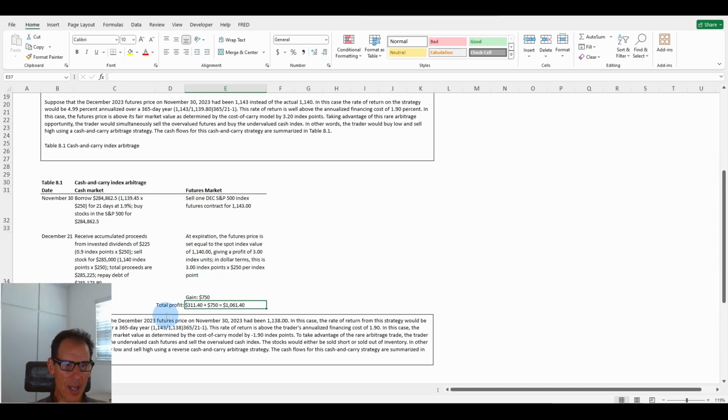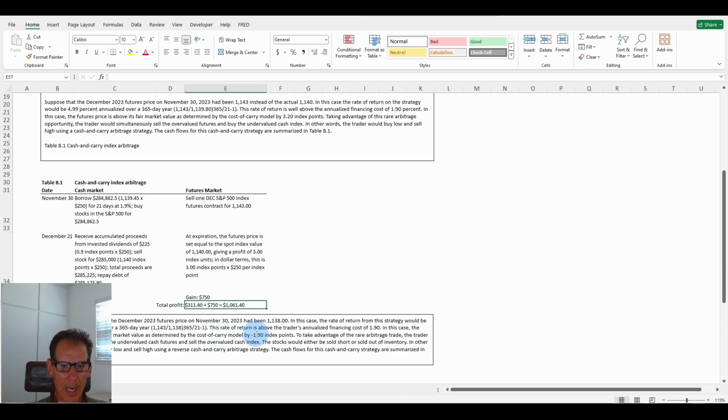Well, suppose instead that the December 23 futures price on November 30 had been 1138. In this case, the rate of return from this strategy would be 2.78% annualized over a 365-day year. This rate of return is above the trader's annualized financing cost of 1.9%. In this case, the future price is below its fair market value as determined by the cost-of-carry model